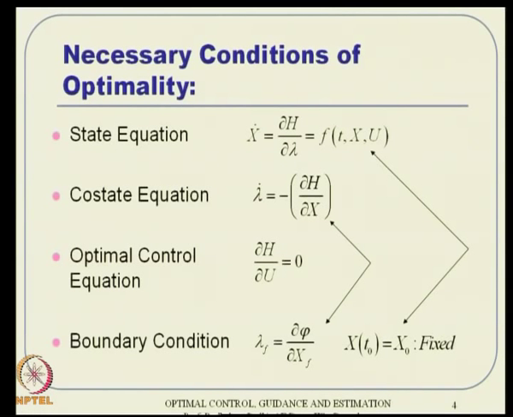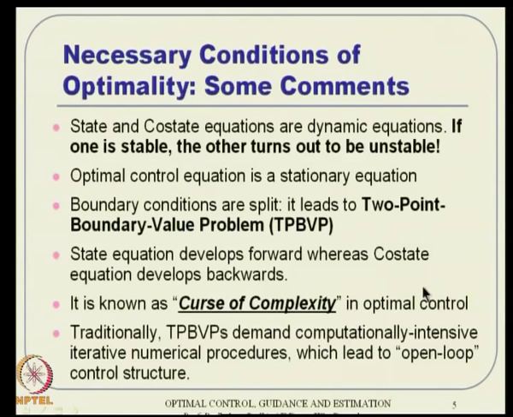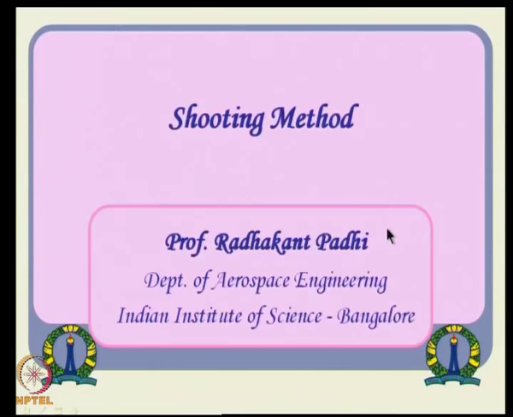Okay. So, once the initial condition is fixed, for all future time t0 to tf, your control strategy also gets fixed. Because of that, this has a feature of getting into an open loop control structure. So, these are some of the comments and difficulties associated with that. Alright, so let us proceed further and talk about one particular method called shooting.